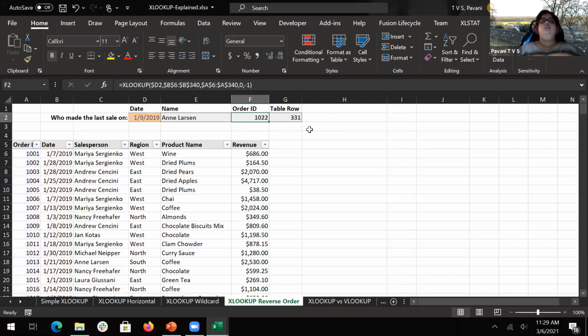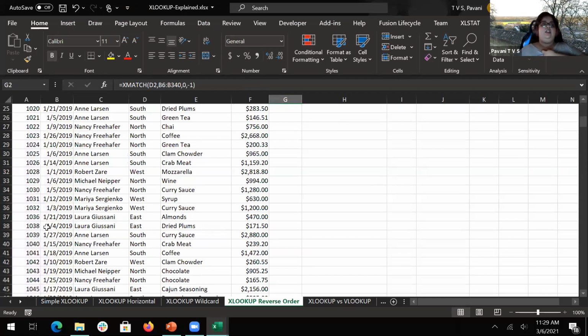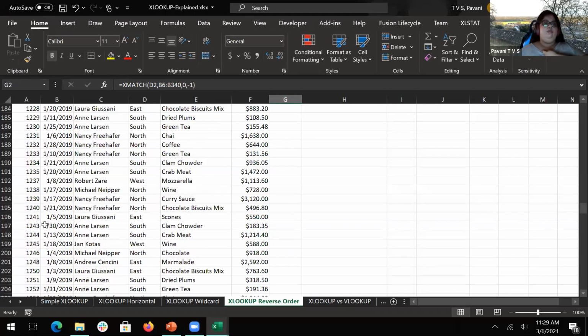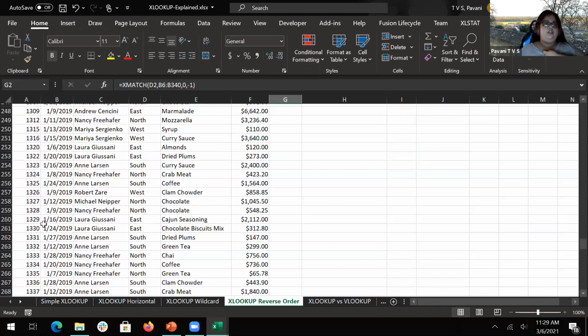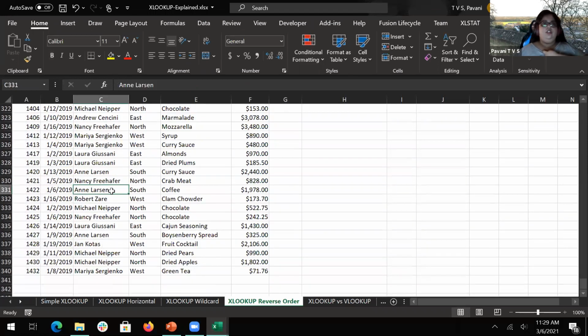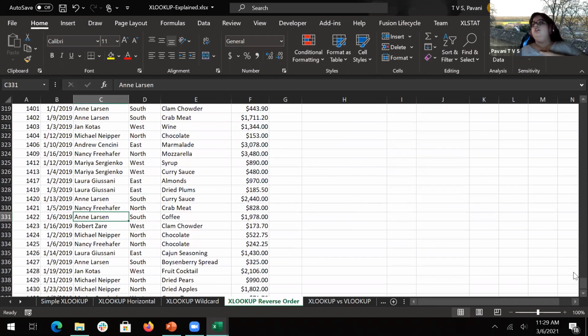So 1022 is the next smaller item which is available, meaning that person has ordered. And what is the row value of that? That is row 331. Where is 331? So they are saying this is the next smallest value for her, for Annie Larison.